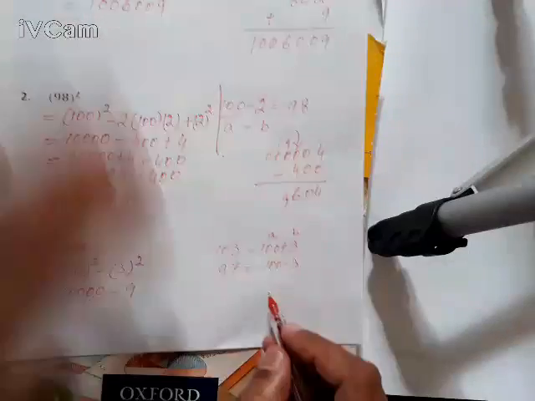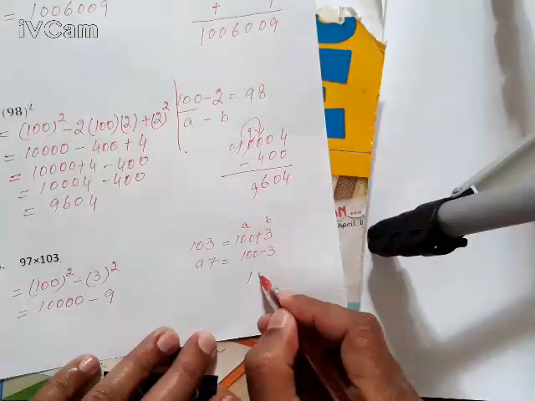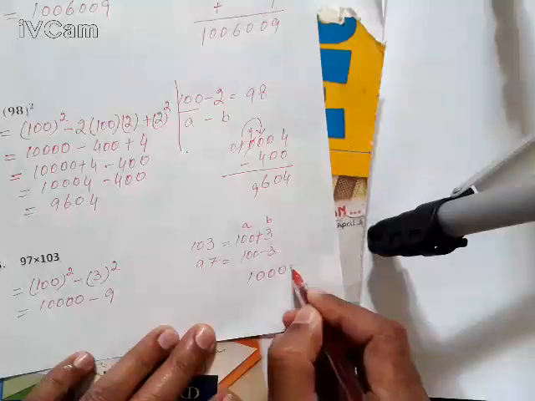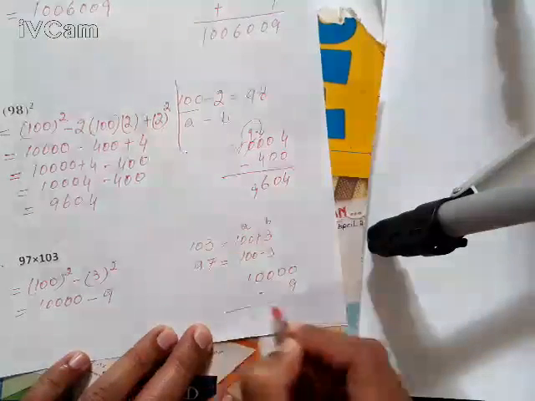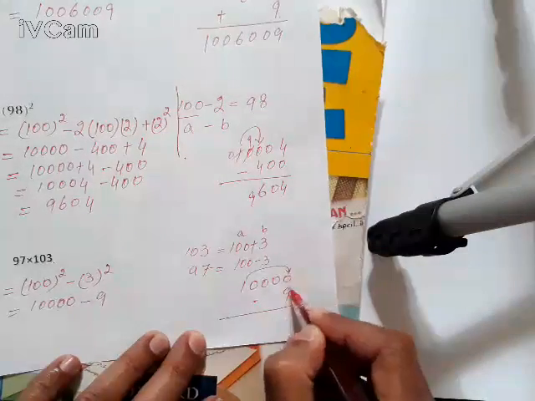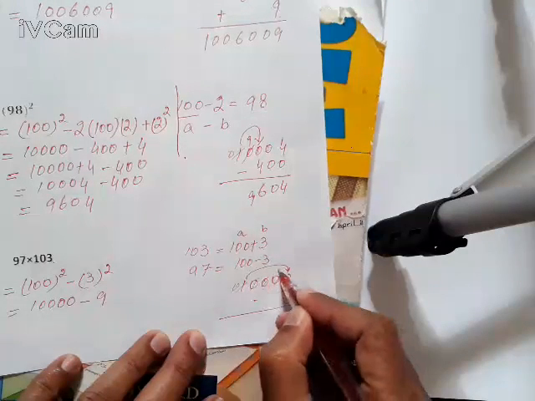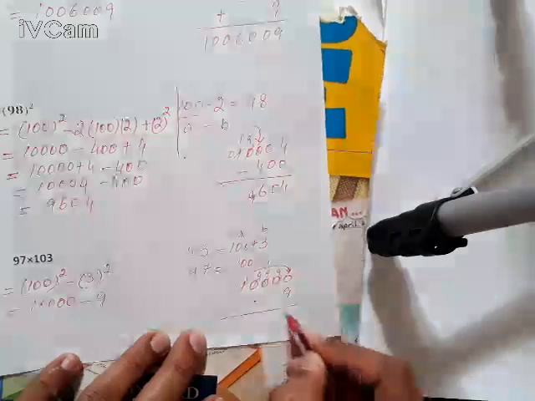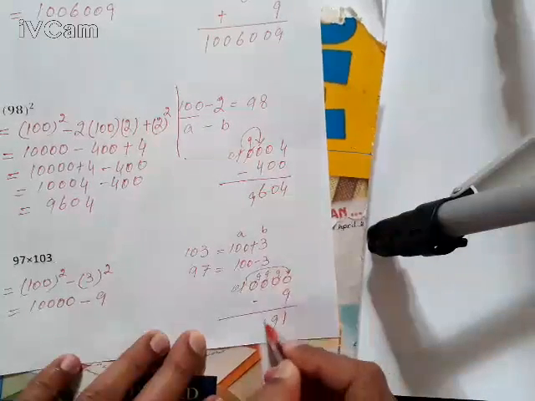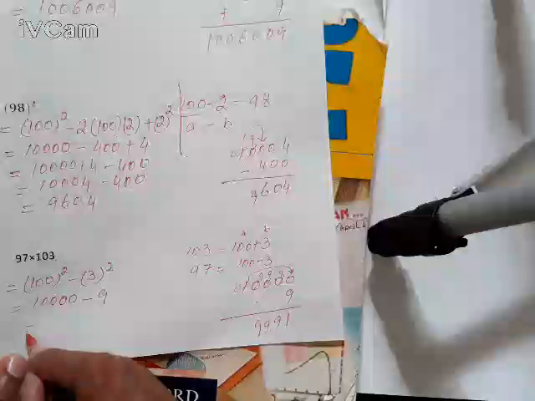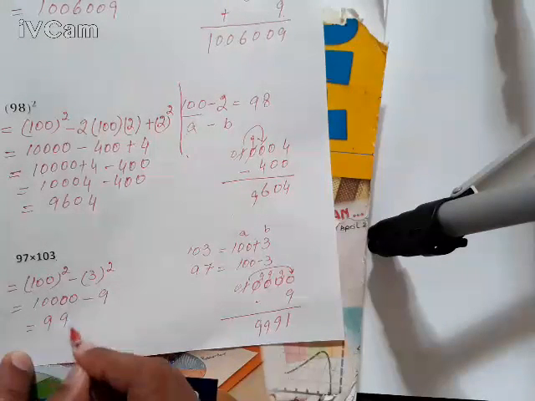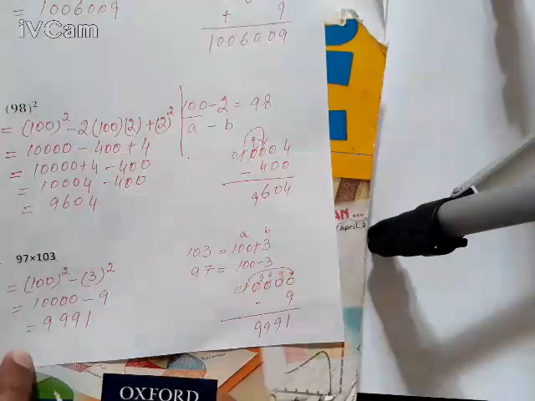So subtract vertical wise, and when you subtract, you carry from here, it's a 10, and here it's a 0, and the remaining value will be 9, 9 and 9. So it's 9991. So this is our required